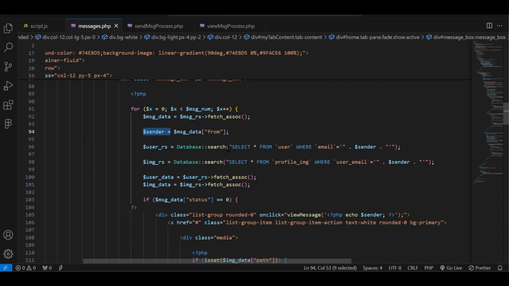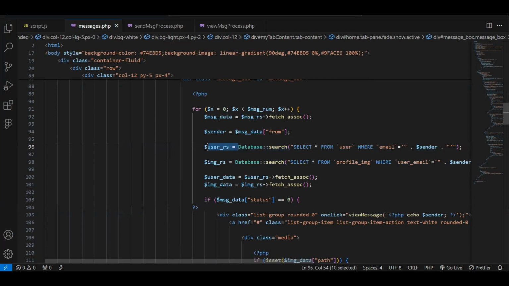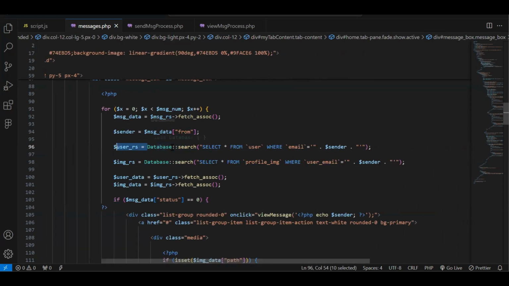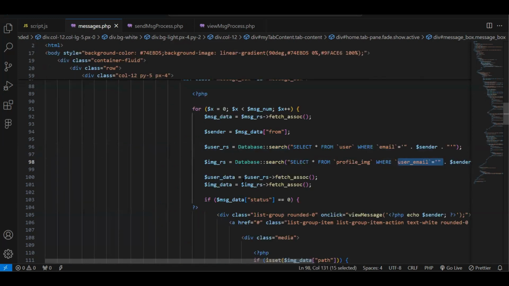And then I have again called a search function with the query as select all from the user table where email equals to the sender, and I have stored the relevant results we get back from the database in a variable called user result set, and then I have again called the search function with the query as select all from the profile image table where the user email is equal to the sender, and then I have stored the relevant results we get back